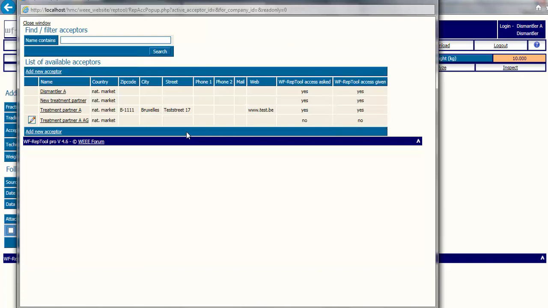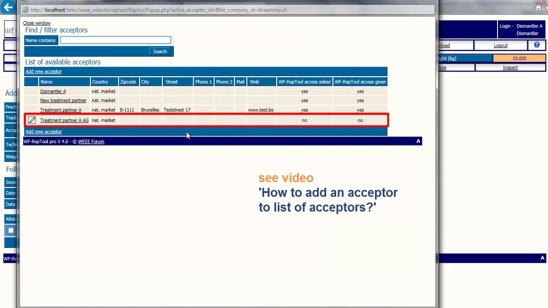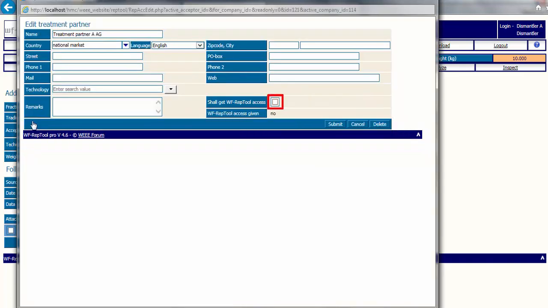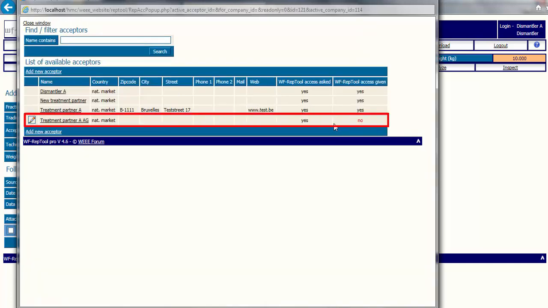As a company who wants to set a task to the next step operator, you have to ask the RepTool administrator to provide access for the treatment operator. For example, for an existing listed treatment operator, ask your administrator to provide access. For a new treatment operator, ask your administrator to insert this treatment operator and to give him access, or to create a new individual treatment partner and click the Shall Get RepTool Access checkbox and ask your RepTool administrator to